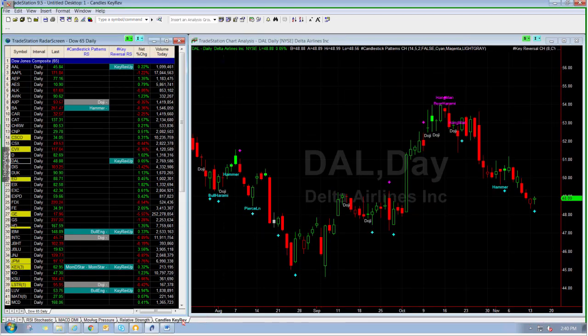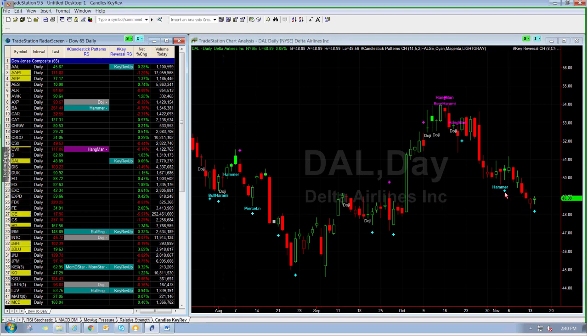The last concept that I want to talk about is pattern scanning. One of the very first indicators I ever wrote for TradeStation, when I was a client of TradeStation, was a candlestick scan, and I've used that candlestick scan ever since. The idea is that instead of having multiple indicators for all the different candlestick patterns, I put them all into one indicator and one scan,